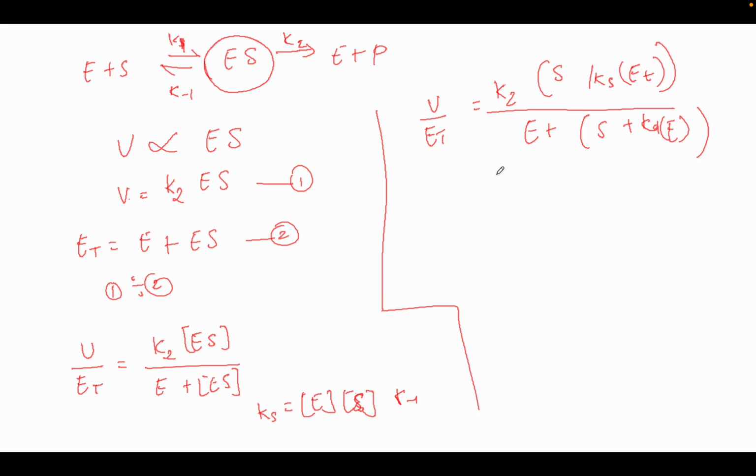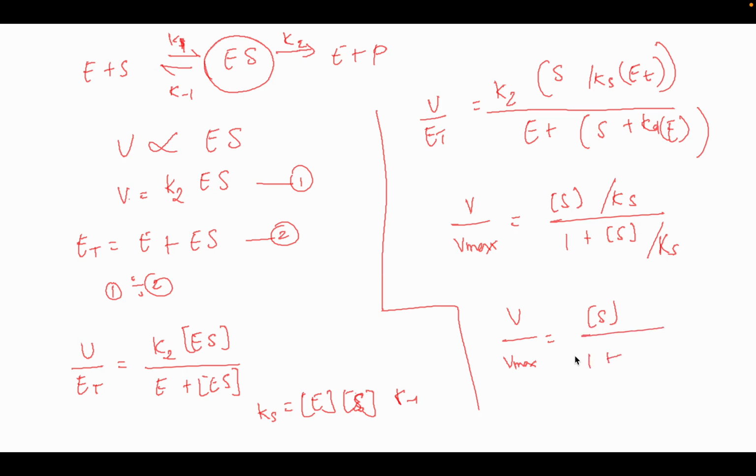And if we solve this, we'll get V upon Vmax equals substrate concentration upon Ks, upon 1 plus substrate concentration upon Ks. And if we solve this further, we'll get V upon Vmax. If we divide this by Ks, we'll get... So what this means is that